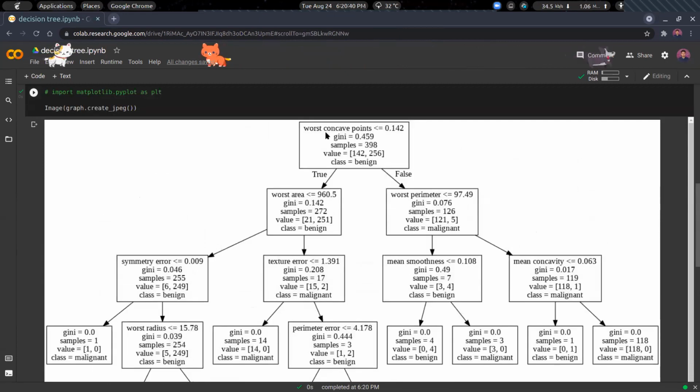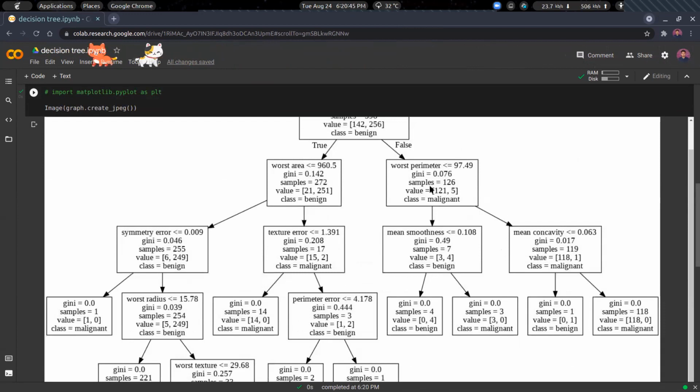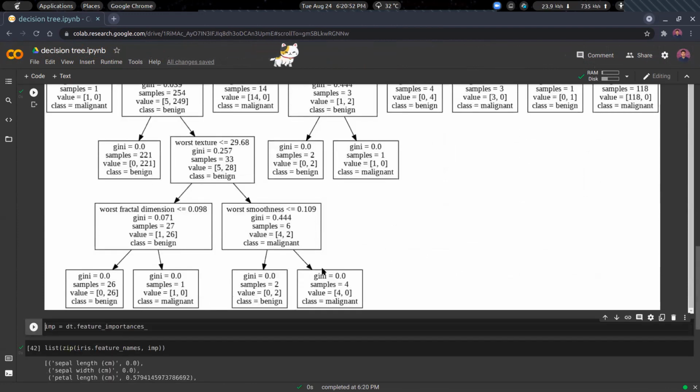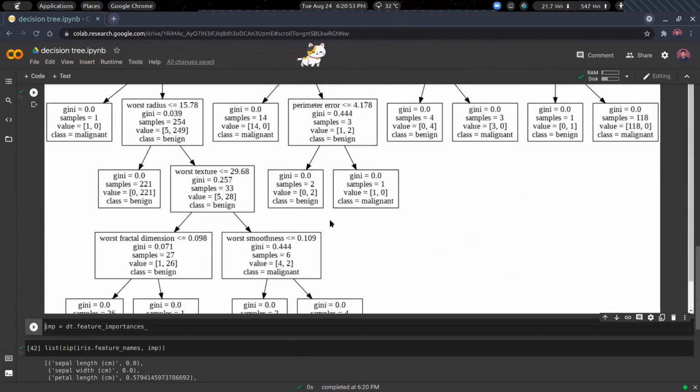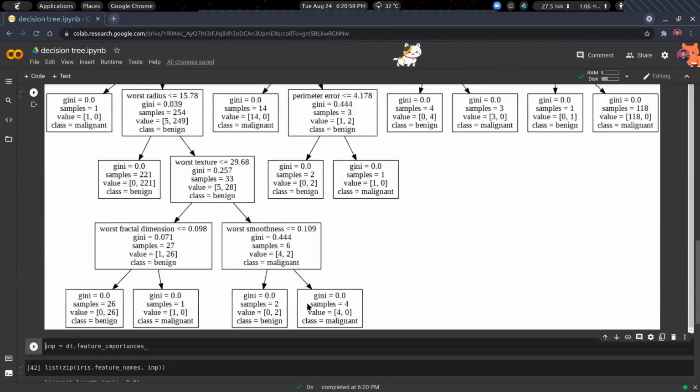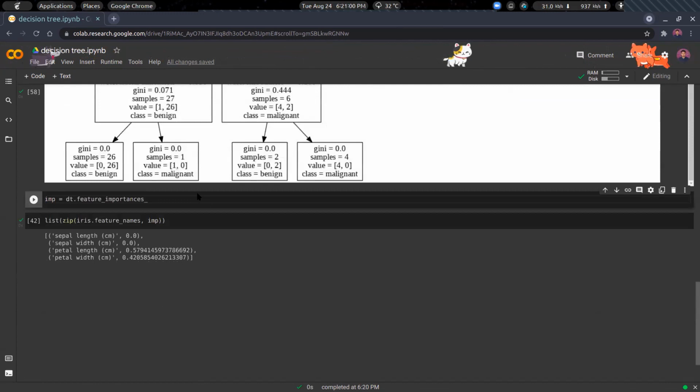So basically, as you can see, we first have worst concave points, then worst area here, worst perimeter here, then we have symmetry, area error and so on and so forth, and finally this is a very deep one, right? So we have 1 depth, 2 depth, 3 depth, 4 depth, 5 depth, and 6 depth. And let us see the important